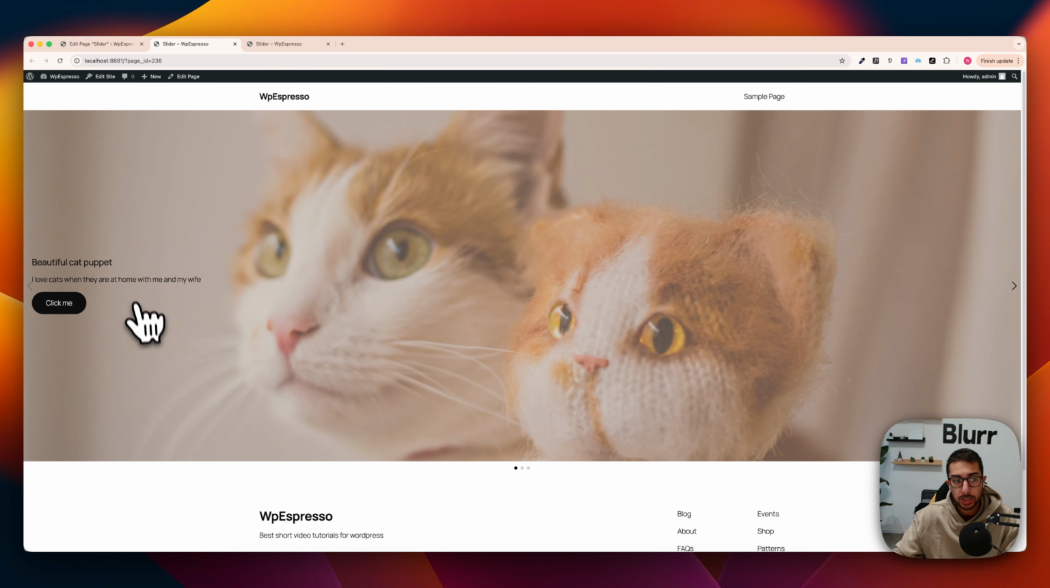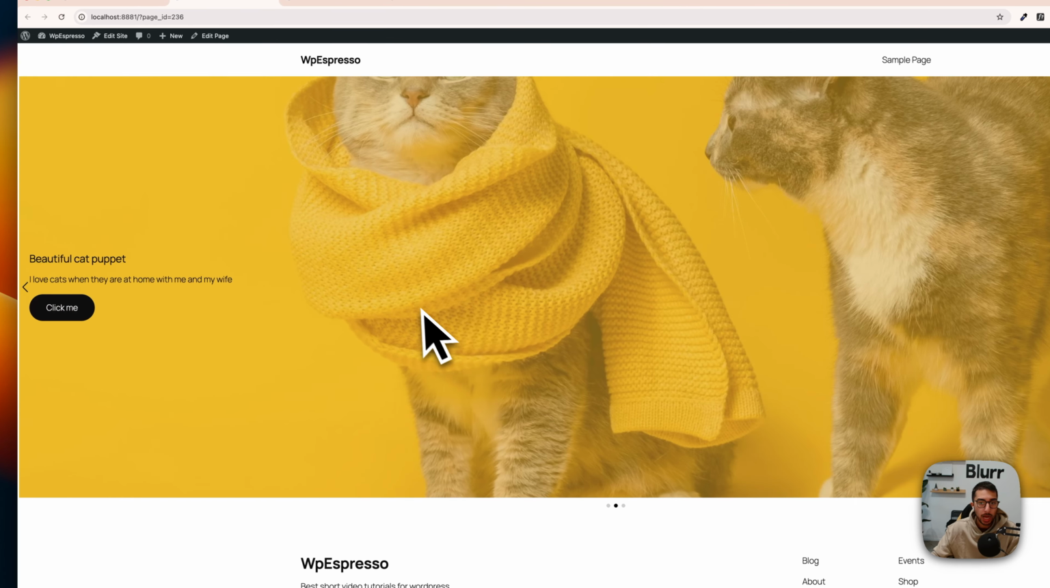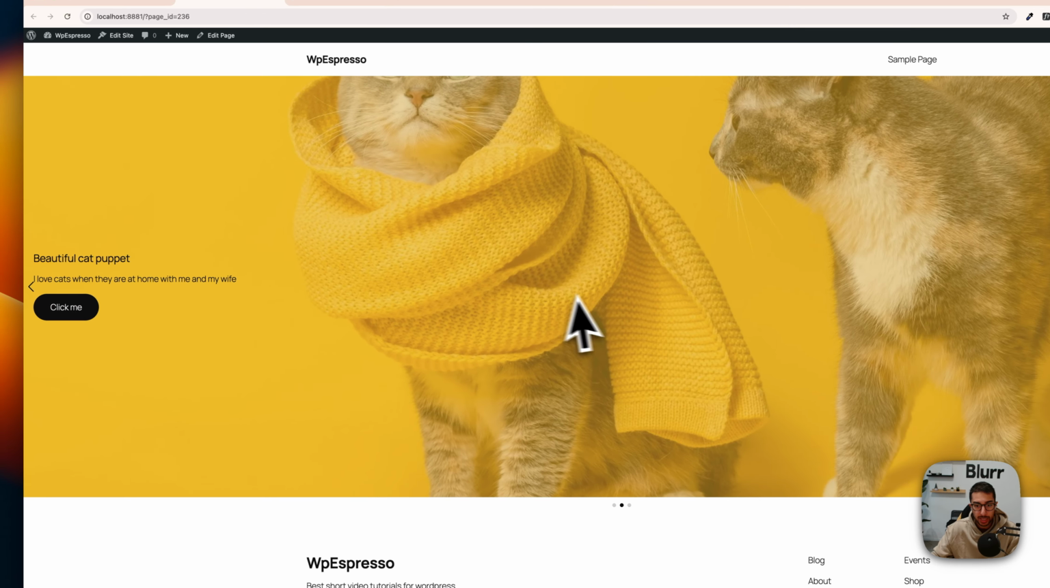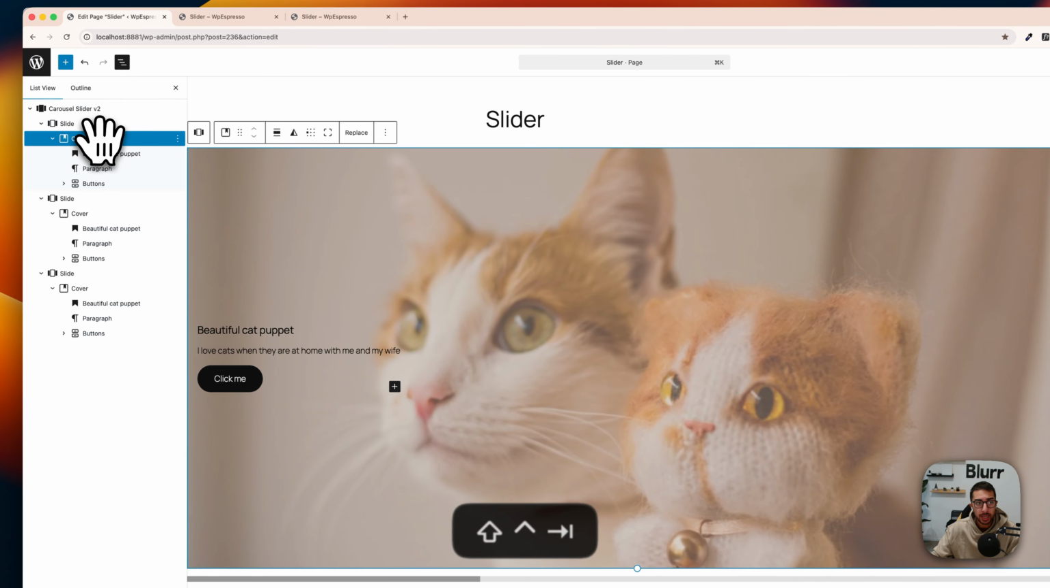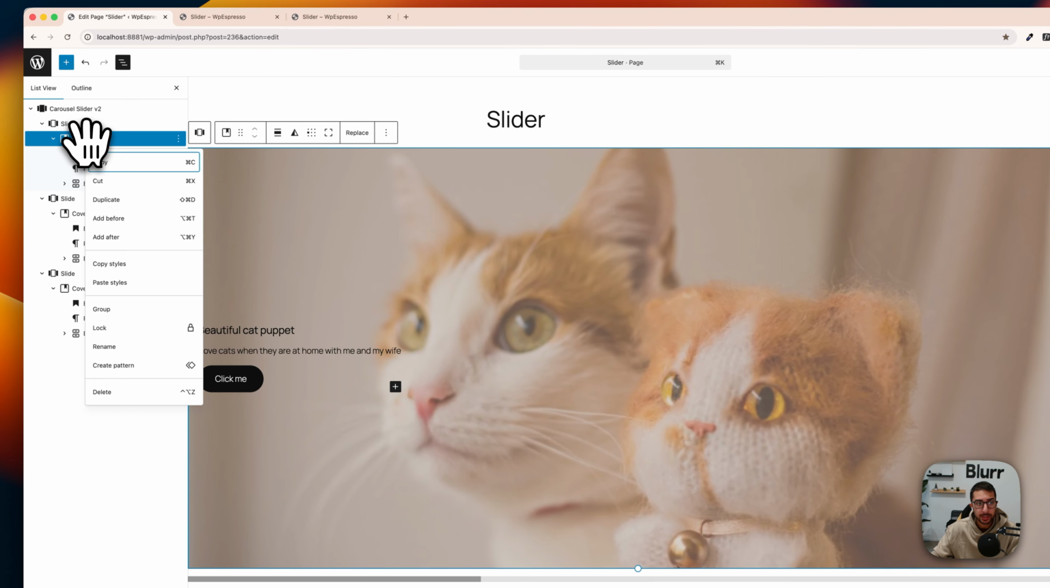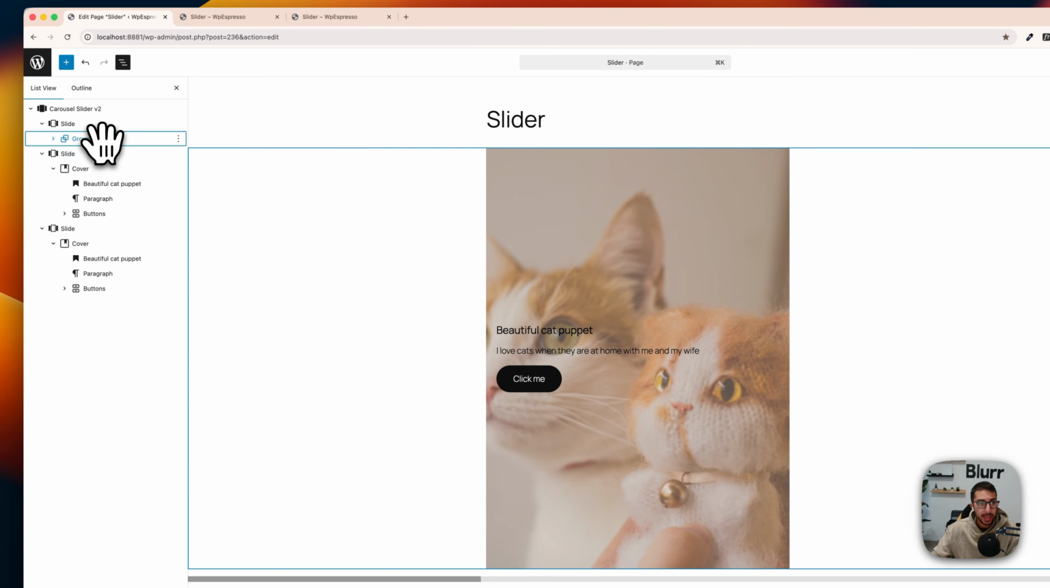So as you can see here, the only problem I see is basically the fact that we have the text that is too much on the left, right? It's taking the full width, there is no container. So you can basically right click on the cover and then group it. And if you group,